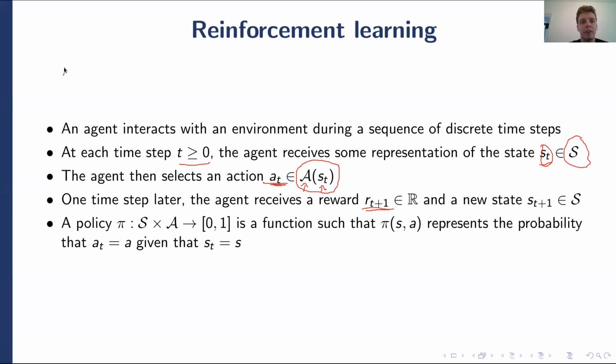So you can think about the entire sequence of interactions as a sequence of states, actions and rewards. There was an initial state S0 and an initial reward R0. At this point, the agent took action A0. It observed state S1. It observed reward R1. It took action A1. It observed state S2. It observed reward R2. It took action A2, and so on. Okay, so this basically summarizes the entire interaction between the agent and the environment in reinforcement learning.